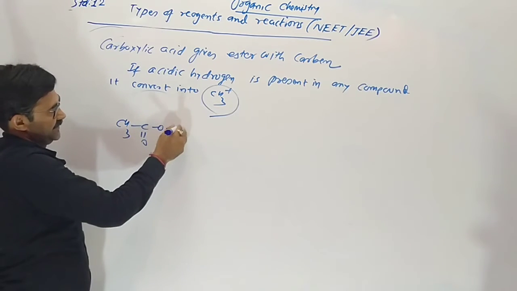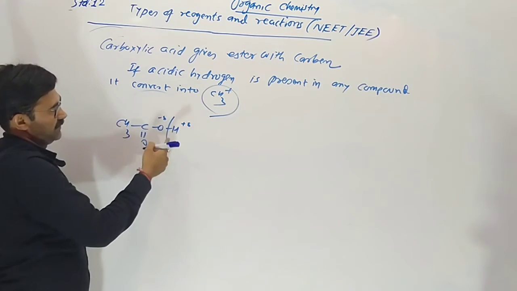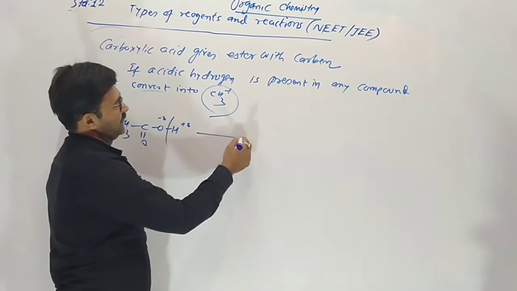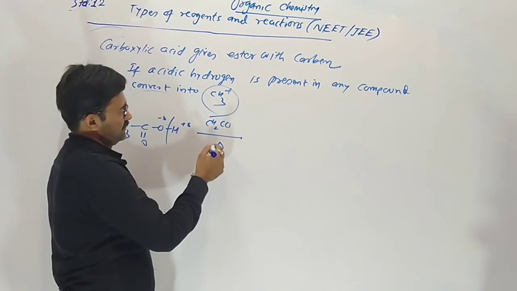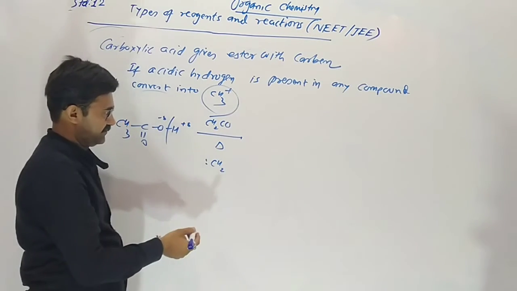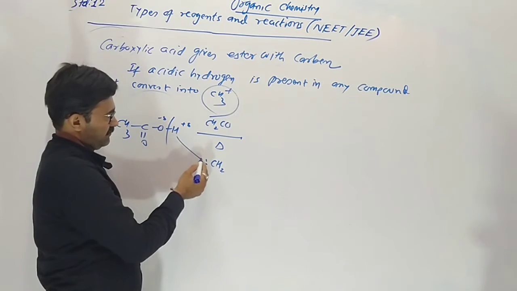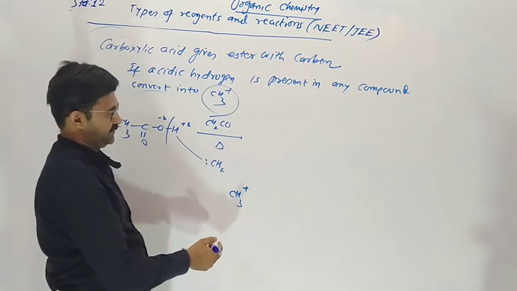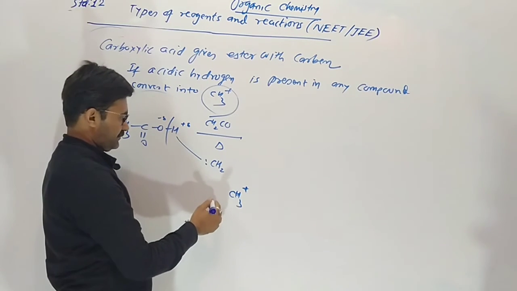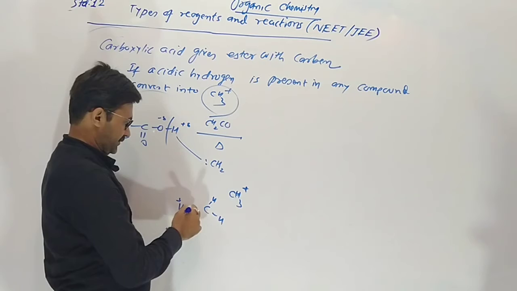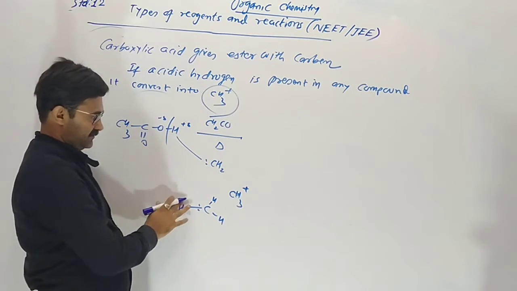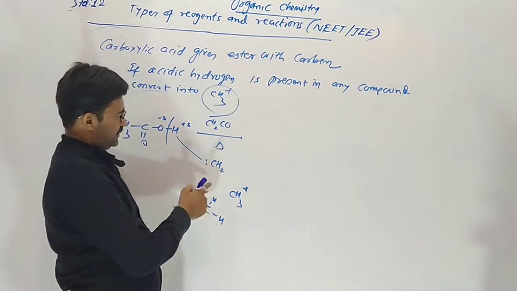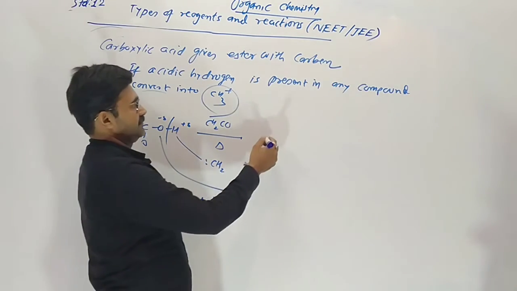When we take acetic acid, there is an acidic hydrogen, yes, here the bond is polar. Acetic acid releases H plus ion when it reacts with ketene. So there is a carbene. This carbene combines with H plus and converts into CH3 plus, methyl. Why? You can see H plus here has 2 electrons. After donating, it becomes plus.